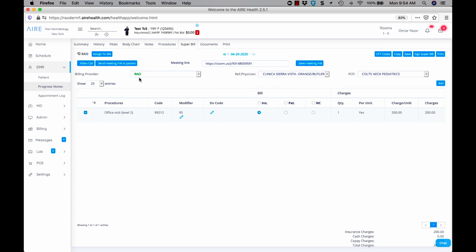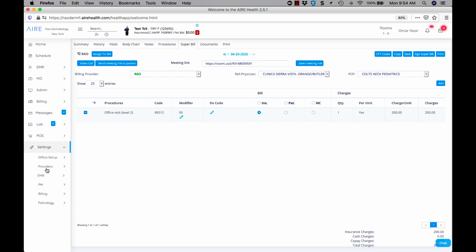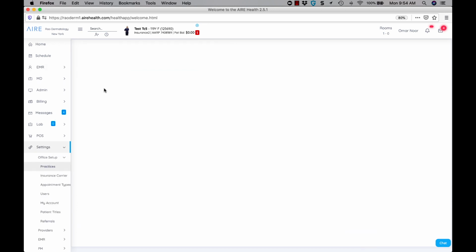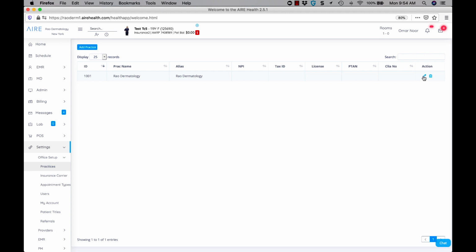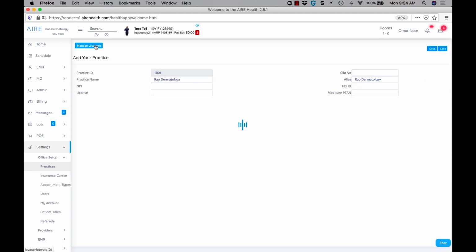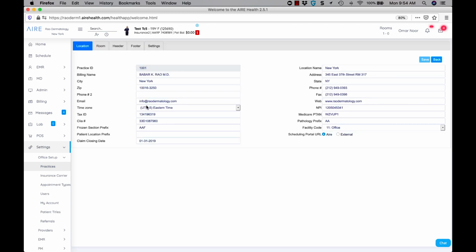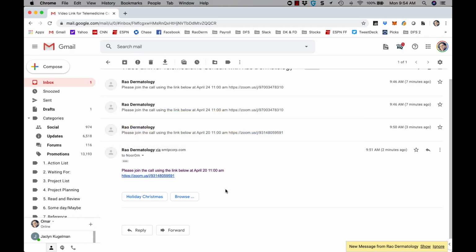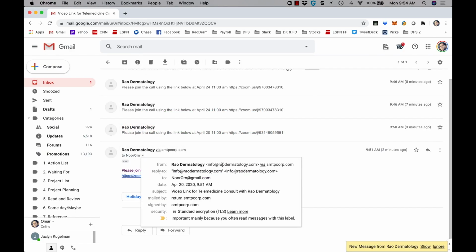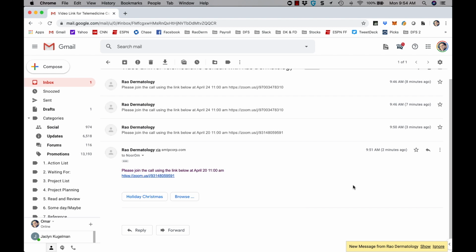If you prefer to change the location from which the emails are sent, you can click on Settings, Office Setup, Practices. You can click on the little pencil here and click on Manage Location. In this case, we're looking at New York. So we click on the pencil, and you see here the emails are coming from info@raodermatology.com, which corresponds with info@raodermatology.com, so that the patient knows where